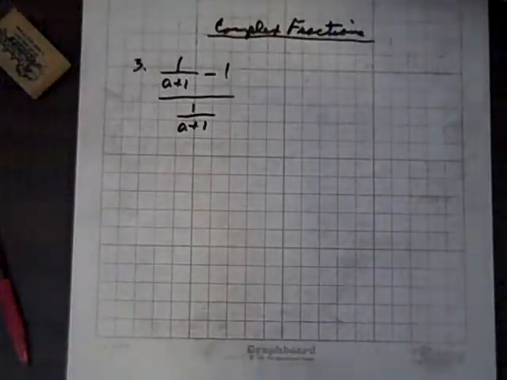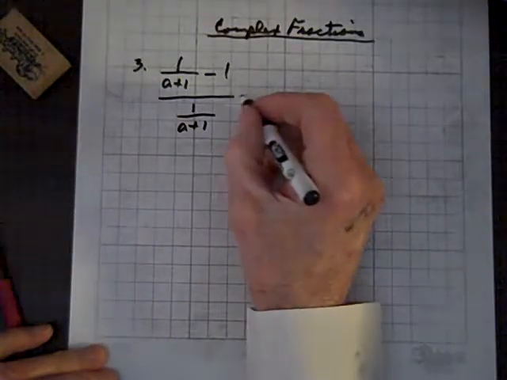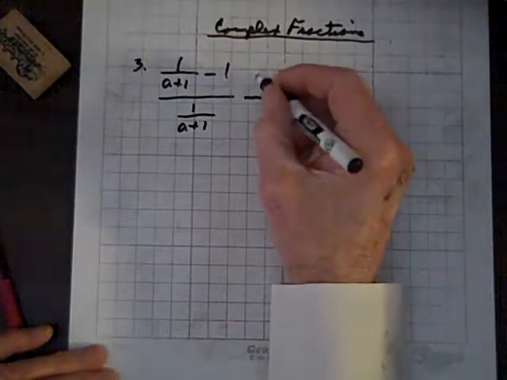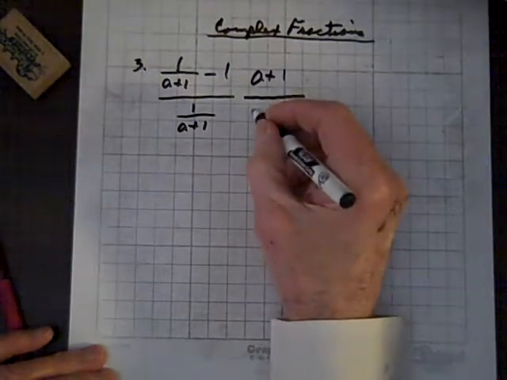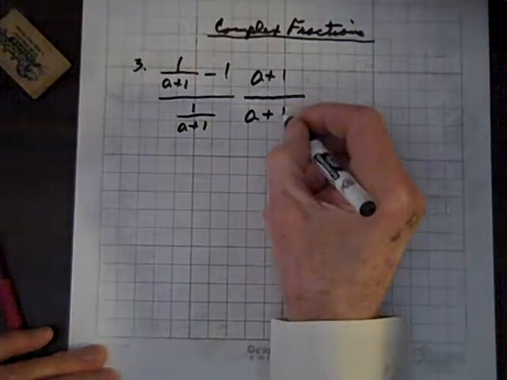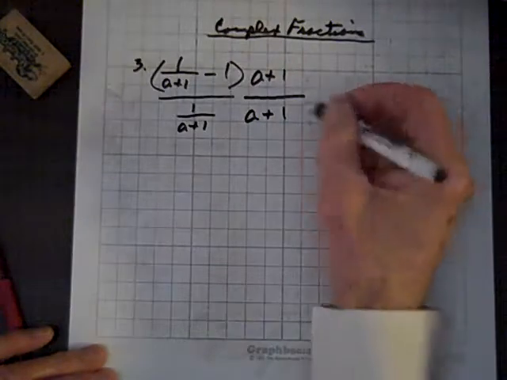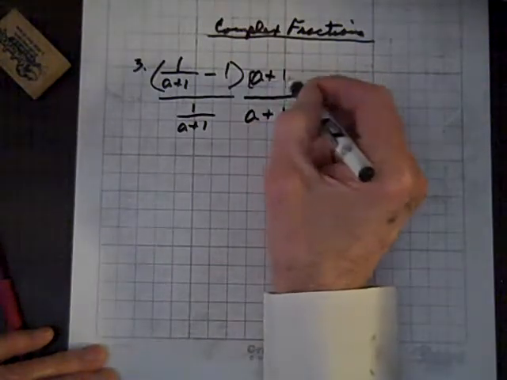Now we have one more complex fraction to deal with, and we'll multiply by 1 in the form of the common denominator over the common denominator, and the common denominator is a plus 1. So a plus 1 over 1, which is just another way to write 1. And now, when we distribute this thing